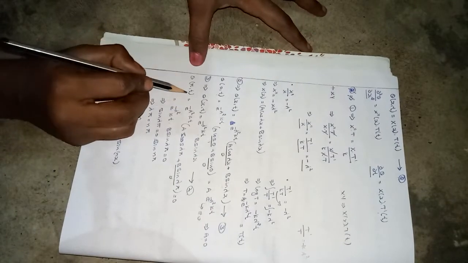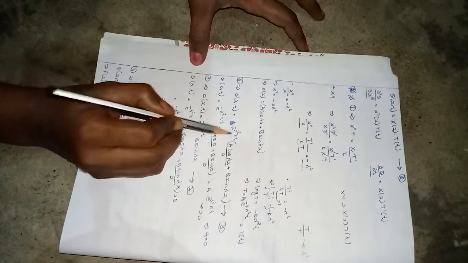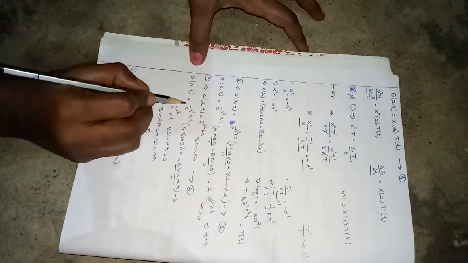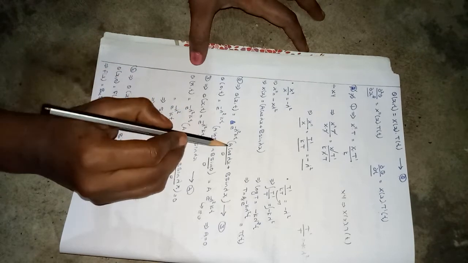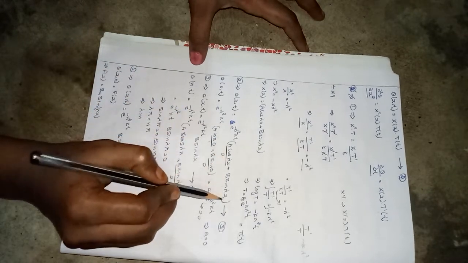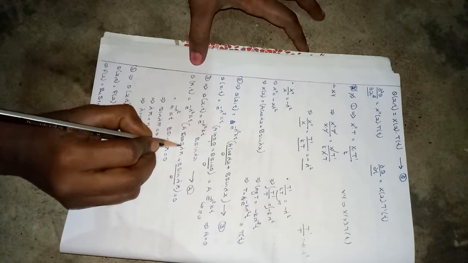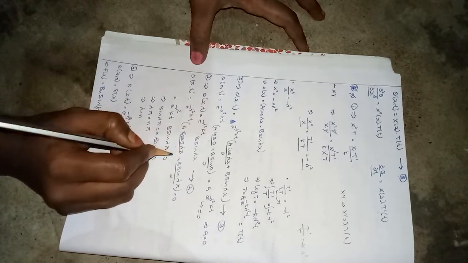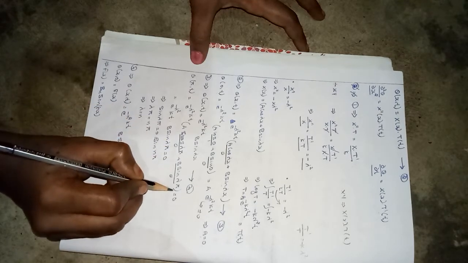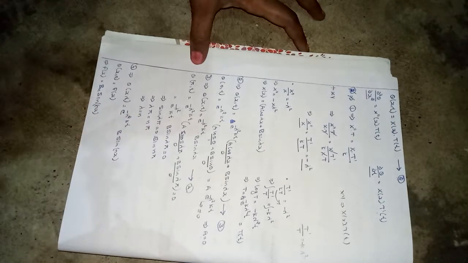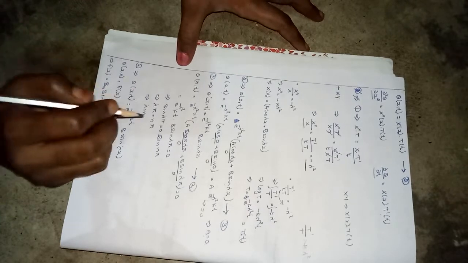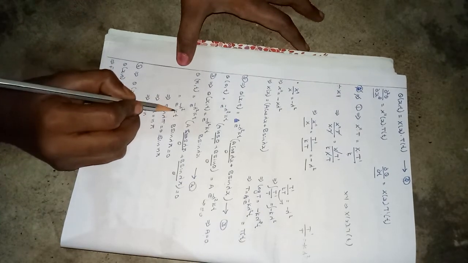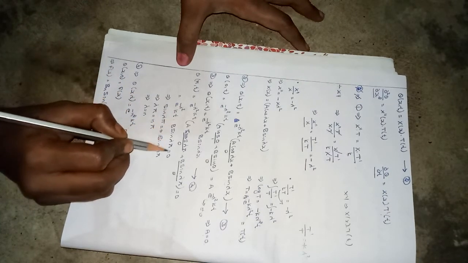Apply the second boundary condition in the third equation. Theta of pi comma t equal to e power minus lambda square kt, a cos lambda pi plus b sin lambda pi. Here this cos lambda pi term will be 0 and sin lambda pi will remain. From this, e power minus lambda square kt into b sin lambda pi equal to 0.